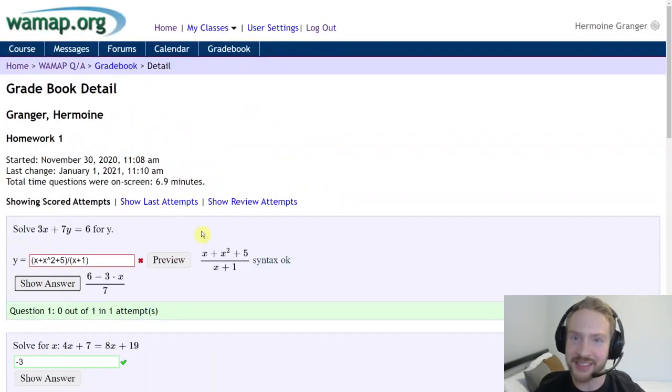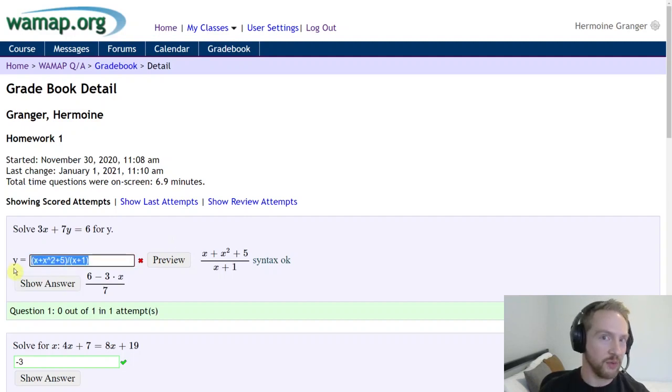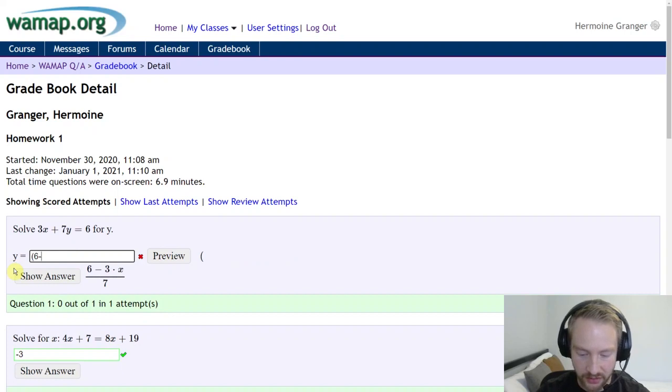There may also be a setting, depending on the way your instructor has set it up, to reload these with different or similar questions. Maybe the 3, 7, and 6 would change and allow you to try the problems using different numbers, similar questions as you're doing some sort of review, if you're using the assignment for a review on a test or something.